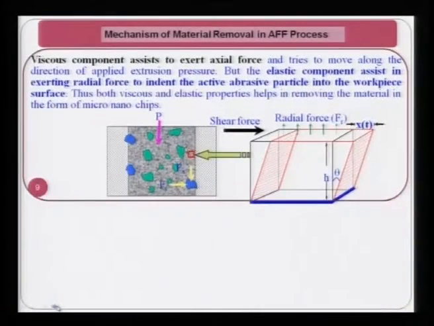Now just see, the viscous component assists to exert axial force and tries to move along the direction of applied extrusion pressure. You can see here, this is the pressure being applied in this particular direction, and as we have seen earlier, the medium is being pushed by the upper or lower medium cylinder.